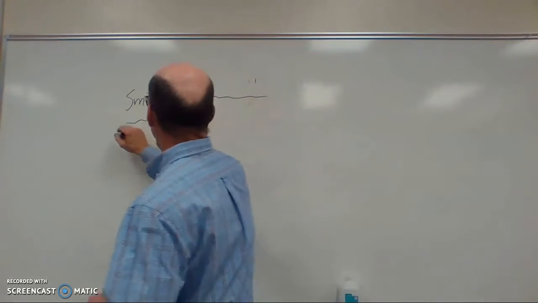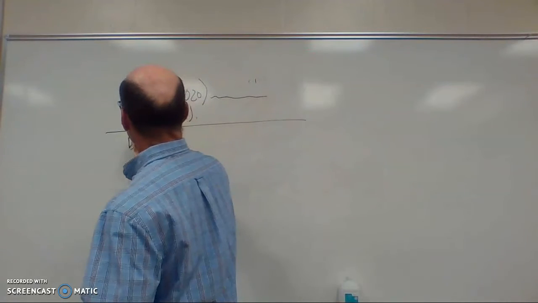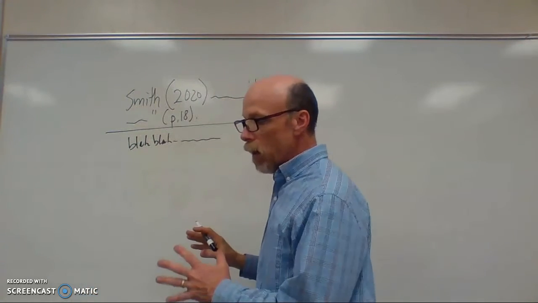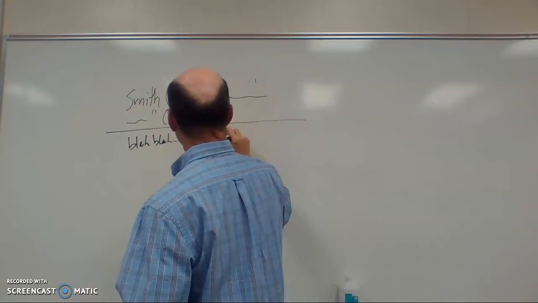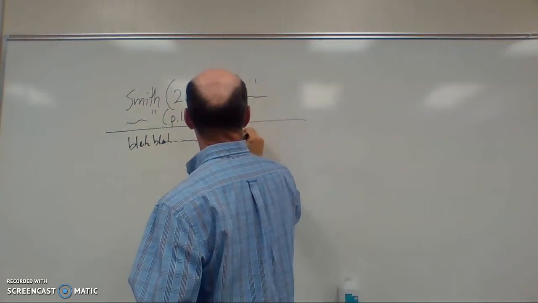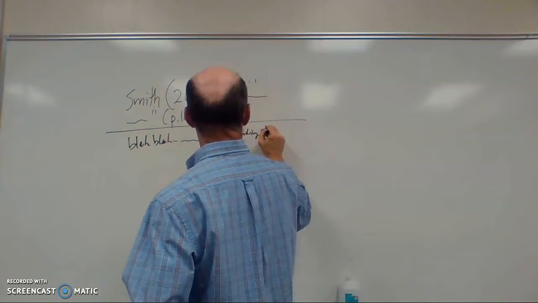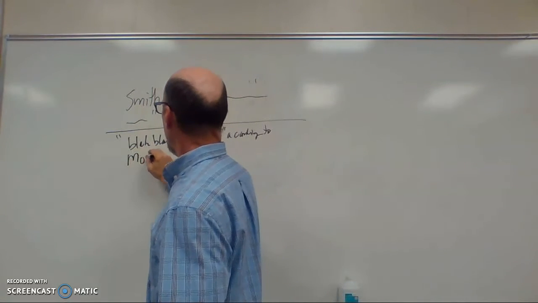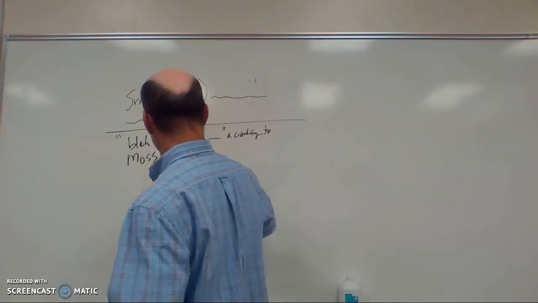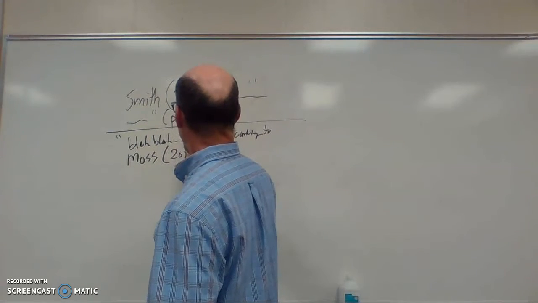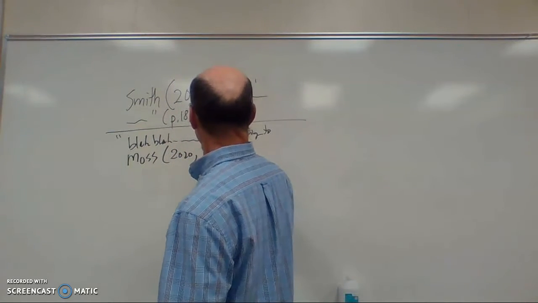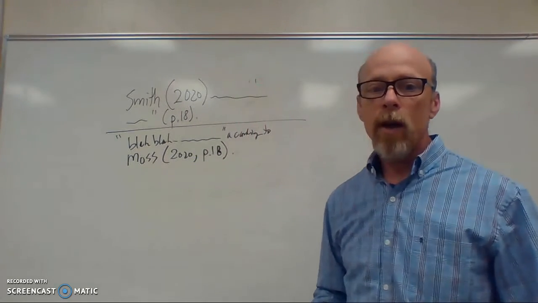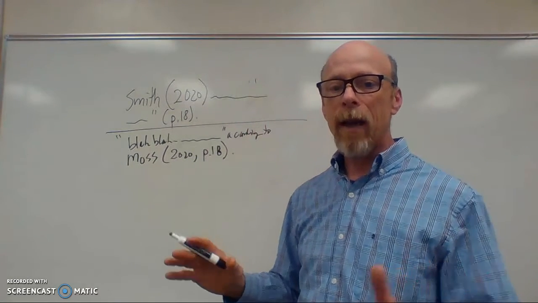The second way would be to say blah, blah. You're writing something along, and then you say according to, so here's my quote, blah, blah, blah, according to Moss. Then, oops, we'll put Moss in there. Then 2020, comma, page 18, period. All right, so here you can introduce the quote at the beginning and then say this is